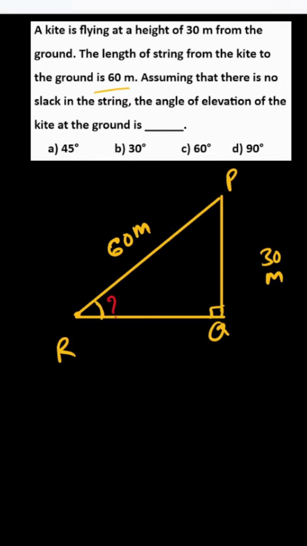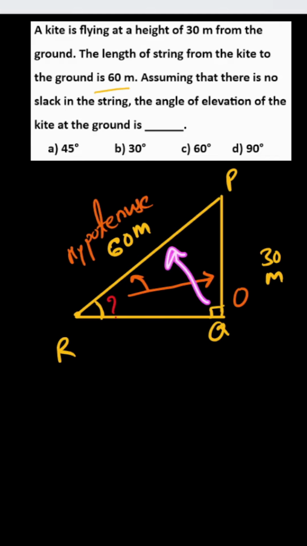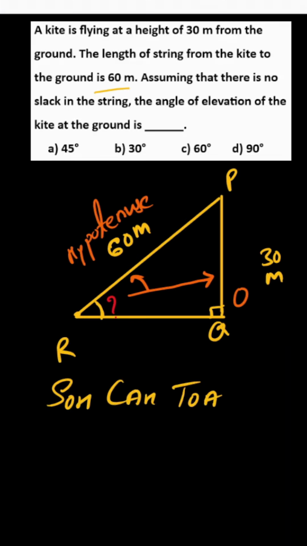Now with respect to angle R, what are the known values here? If you will see, opposite is known, because with respect to acute angle R, it is opposite, and this is hypotenuse because hypotenuse is the side opposite to 90 degree. Opposite to Q, it is 90, hypotenuse always, right? Now how to take it here? Opposite by hypotenuse is sine. SOHCAHTOA rule, if you remember, opposite by hypotenuse is sine. So sine R will be equal to PQ by PR, right?